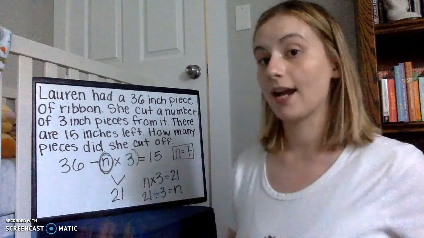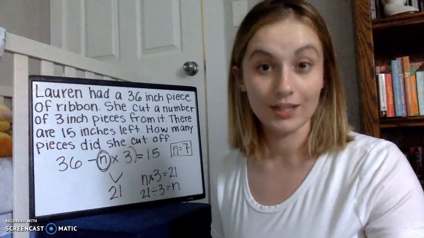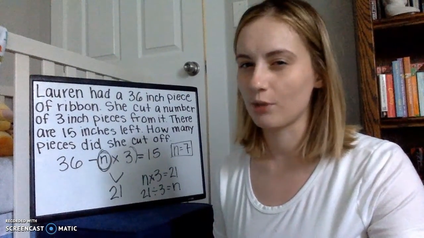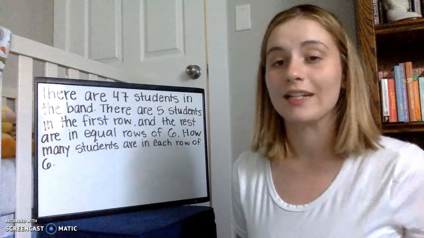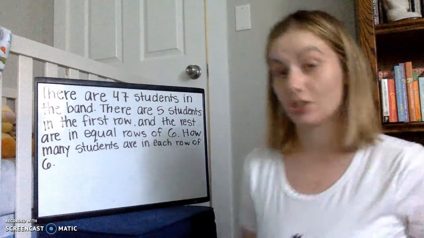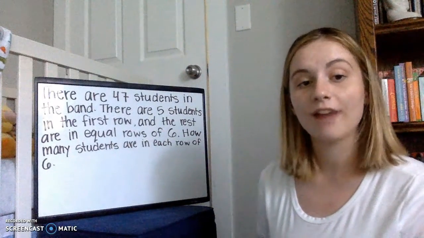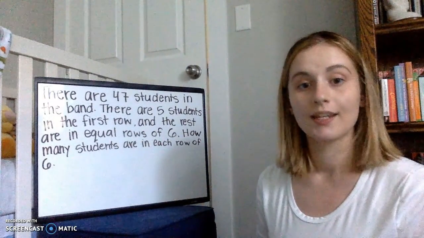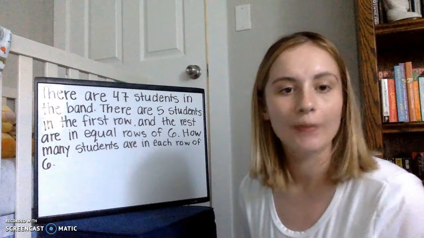That was a long ride, took us a lot to get there, but we did it and you got through it. Let's do another one, a little more simple. So we just got through a complex one. This one's complex, but we already did one, so it's going to be a little easier. Let's try. There are 47 students in the band. There are 5 students in the first row, and the rest are in equal rows of 6. How many students are in